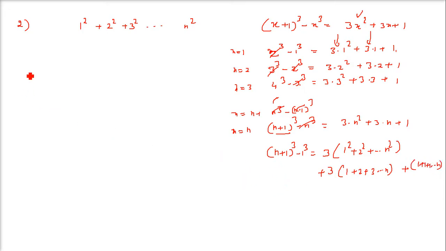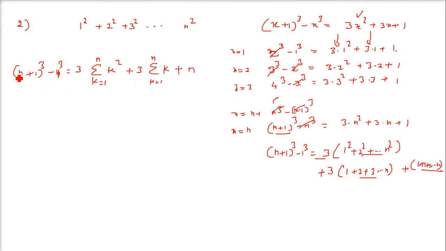So here what do you get? See, (n plus 1) whole cube minus 1 cube equals 3 sigma k equals 1 to n of k square. We write sigma because 1 to n, k equals 1 to n, and what is this? K square. You can take any k here. So this will summarize this series. And now coming to this one, plus 3 sigma k equals 1 to n of k, and how much? N times. So you get an n here.